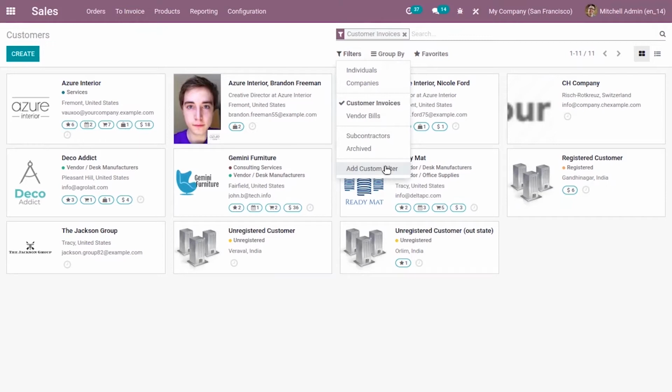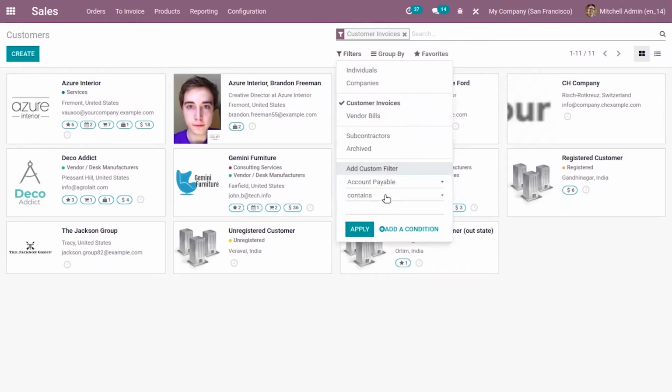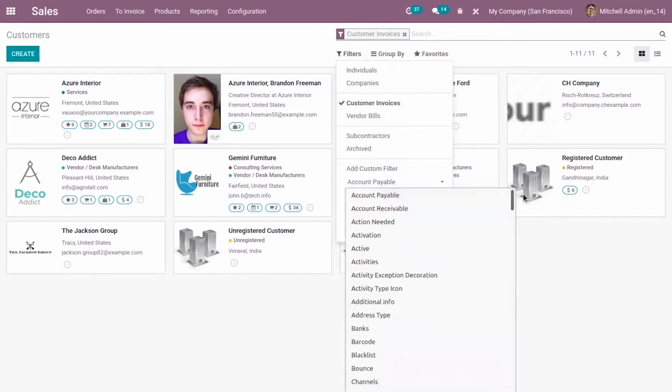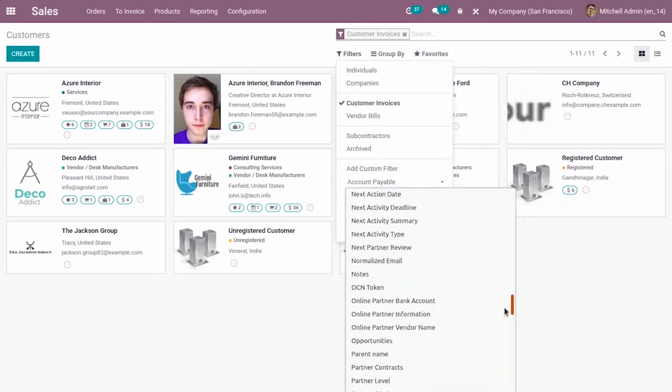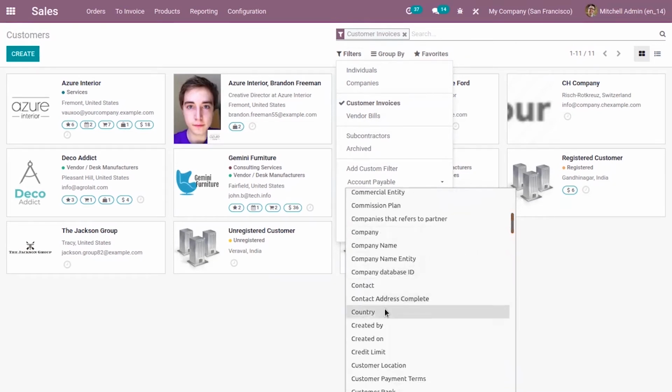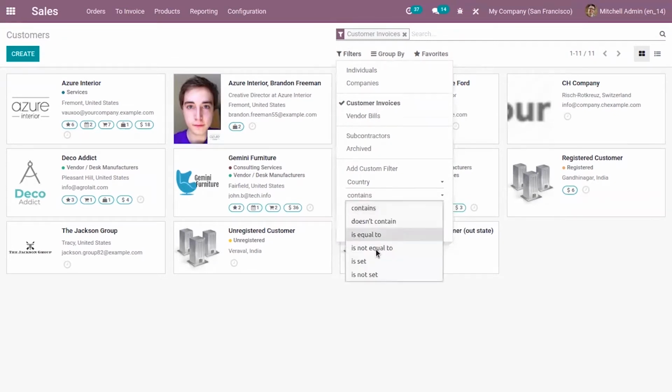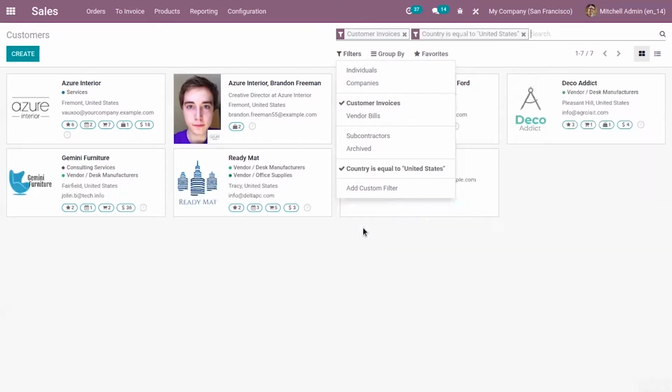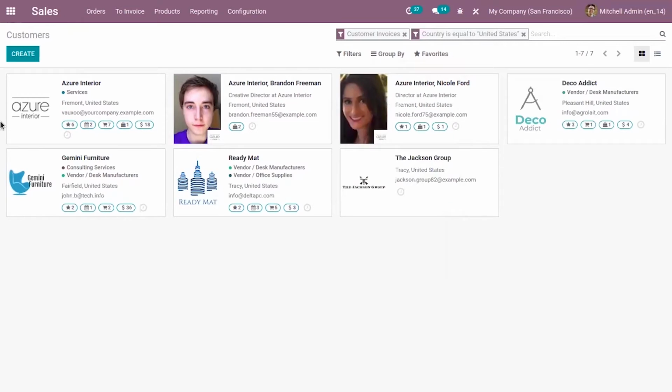So, for example, if you want to view only customers from a particular country, you can set a custom filter by selecting the country, which is equal to United States. So I want to view only the customers from the country United States. When I click on apply, you can see all the customers from the country US.